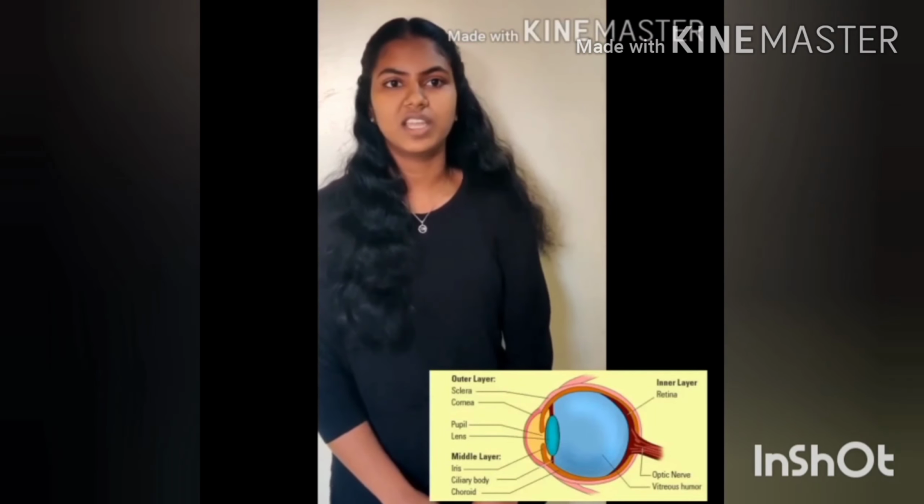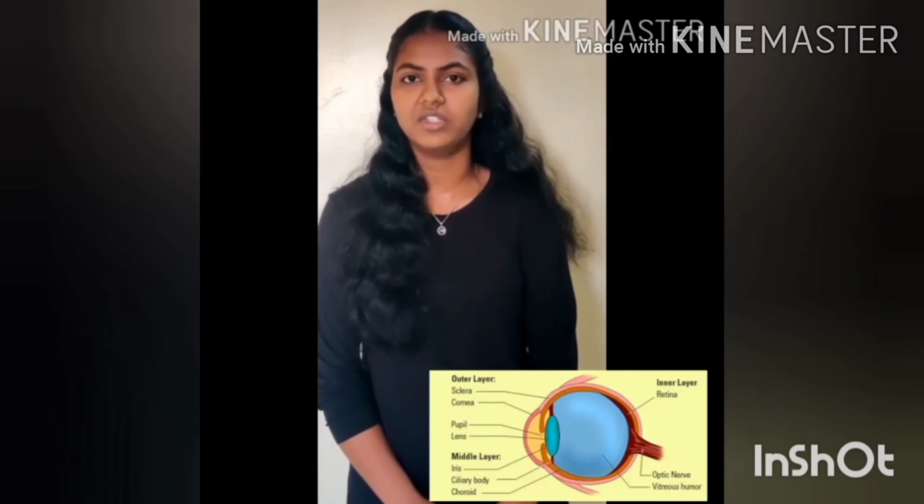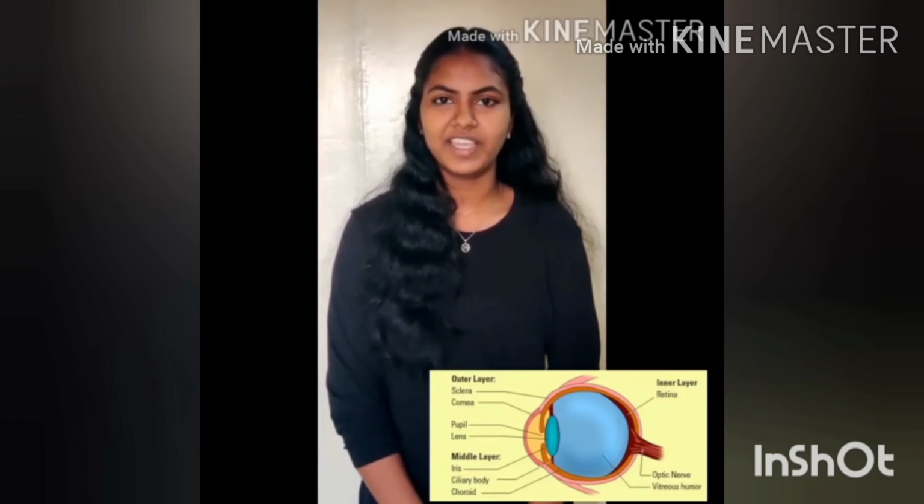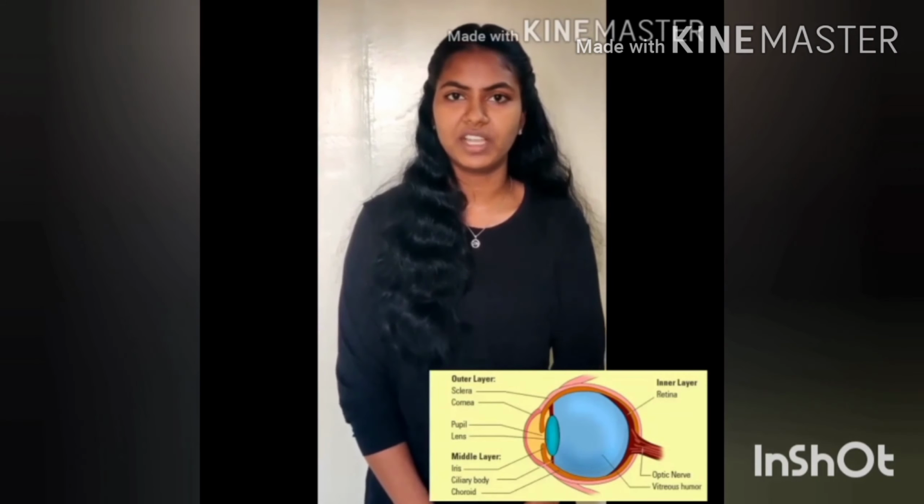The external layer is the sclera, which is made up of dense connective tissue. The anterior portion of the eyeball is the cornea, and the innermost layer is the choroid, which is bluish in color and